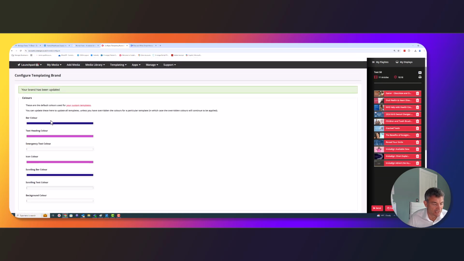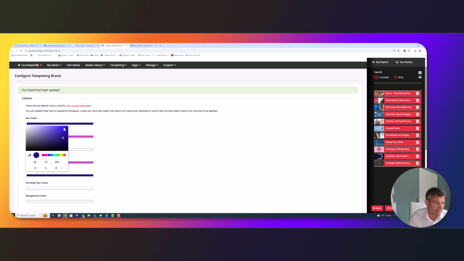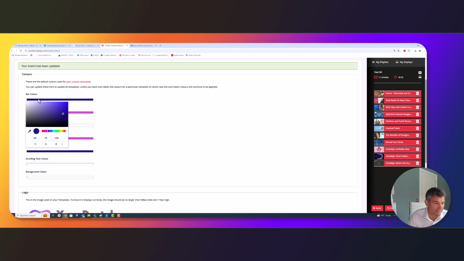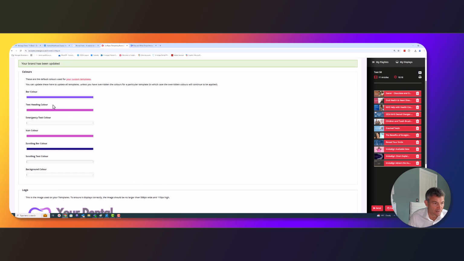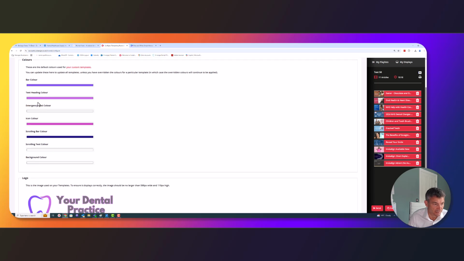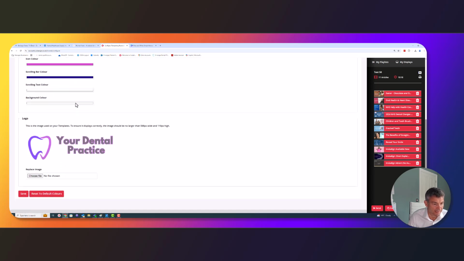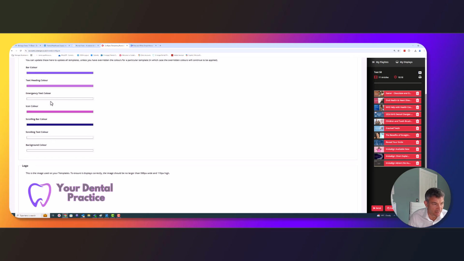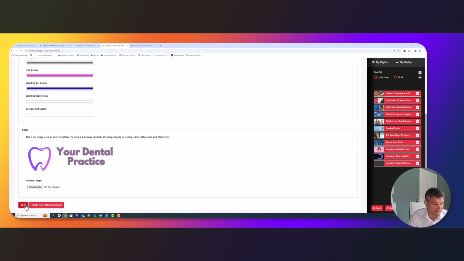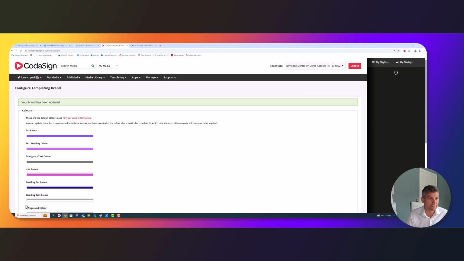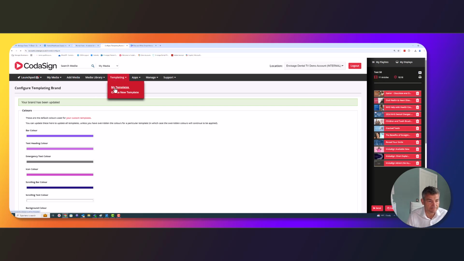And if I want to change any of the colors within the template, I can do that pretty easily just by clicking on it, and I can get the exact color by using my pipette. Using the pipette allows me to go onto that color and change those particular accents within the templates. And I'll show you what I mean in a minute about that. So let me just get that for the text. I'm going to save that now. And if I come into my templating,